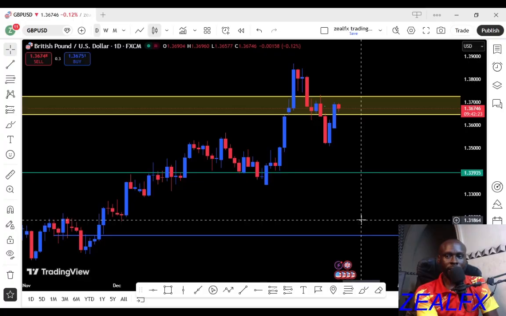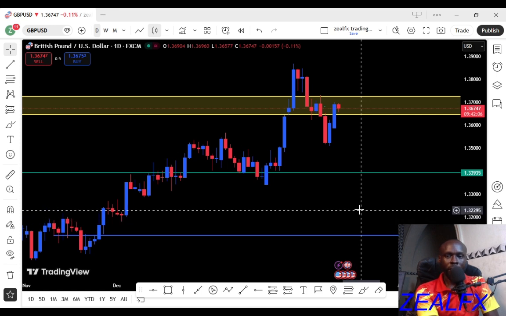British pounds USD is testing a very important zone right now. In the next few minutes, I will show you the exact two levels that will decide if we go up to 1.38 or drop back to